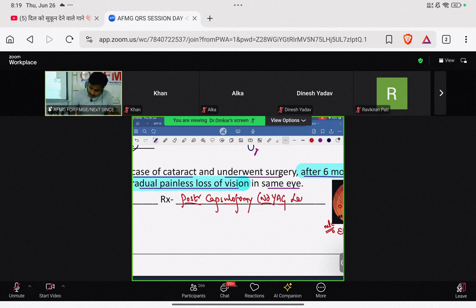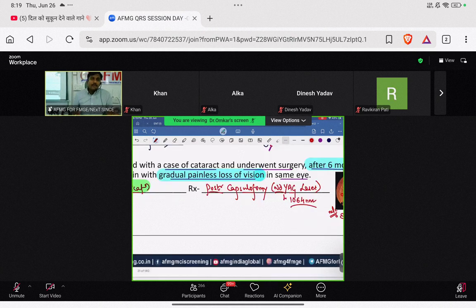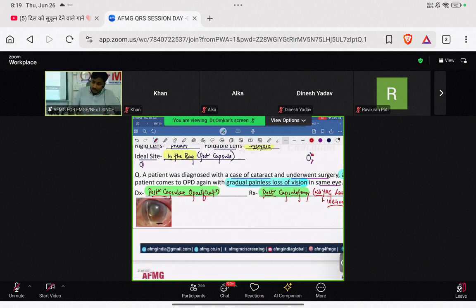Please tell me, beta, what is the wavelength of the Nd:YAG laser? याद रखना बेटा, Nd:YAG laser का wavelength is going to be 1064 nanometers, beta. That is what is important to remember. No need to remember all of them, at least remember for Nd:YAG it is 1064 nanometer. ठीक है? Now this was about the most common late complication of cataract surgery known